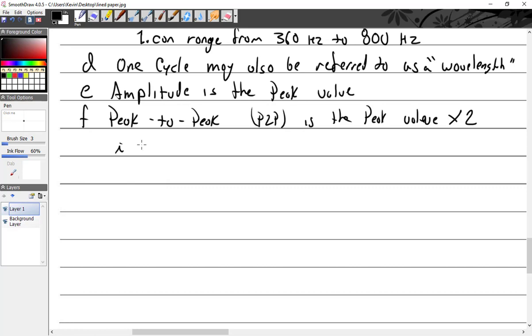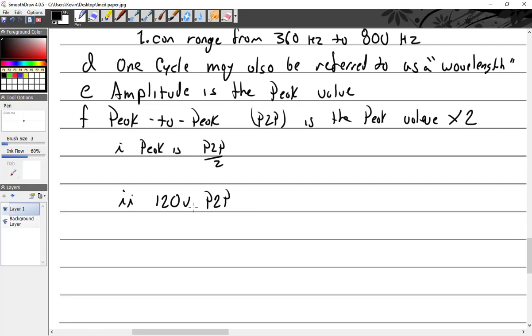Or I could say peak is peak to peak divided by 2, right? It's 1/2 of that. And let me see. So if I have 120 volts peak to peak,